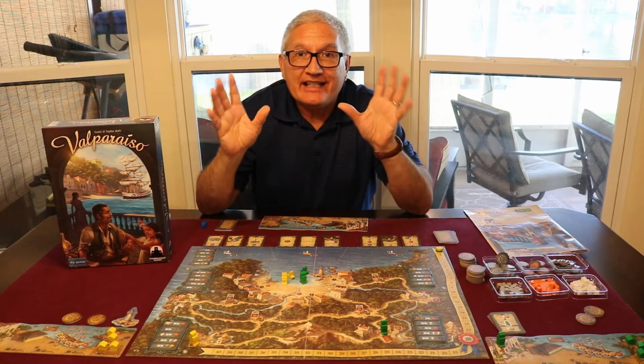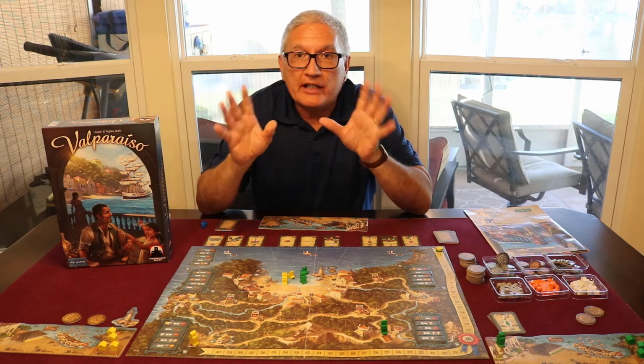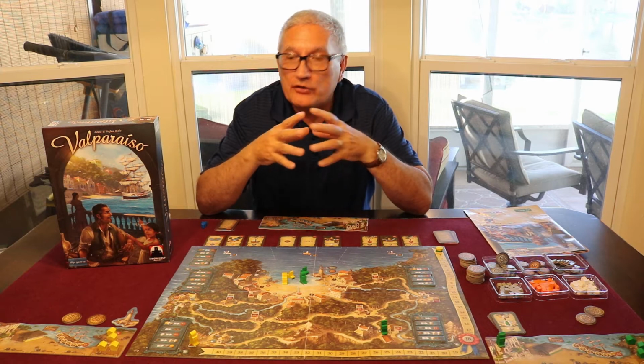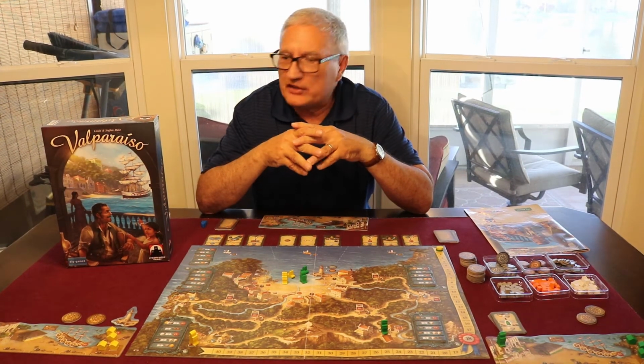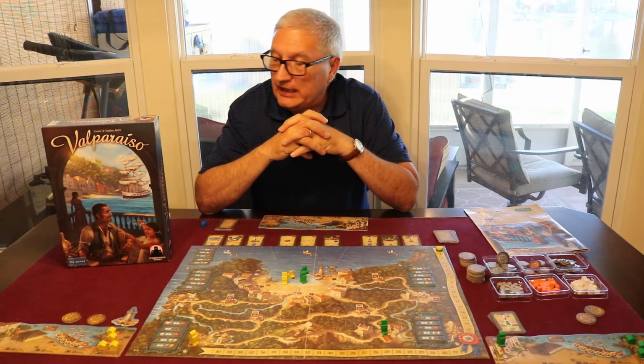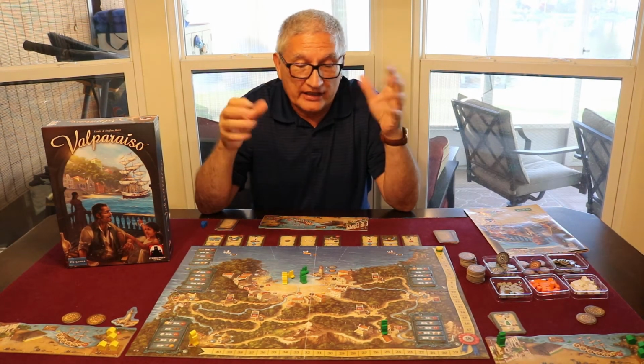I've got an exciting game to talk about today called Valparaiso. Valparaiso is a city on the Chilean coast, and the game came out in 2018. The designers are Louis and Stefan Maltz, and the art is done by Michael Menzel, and I just love the